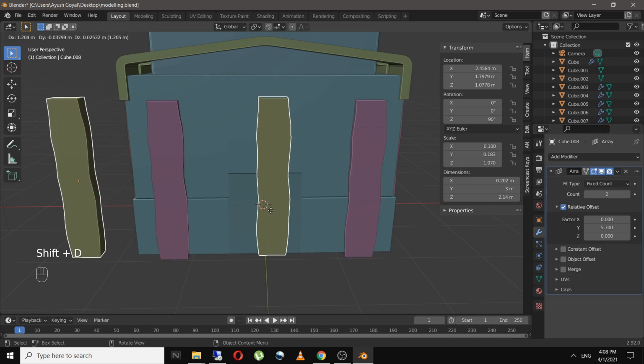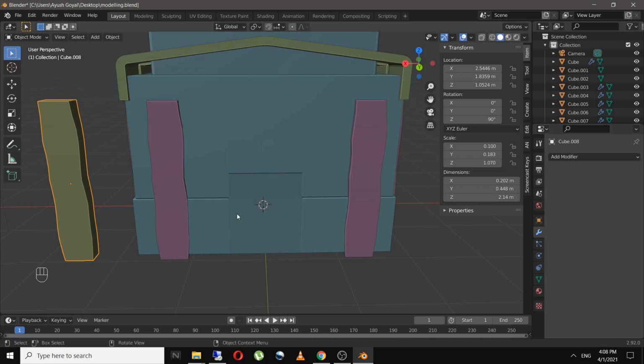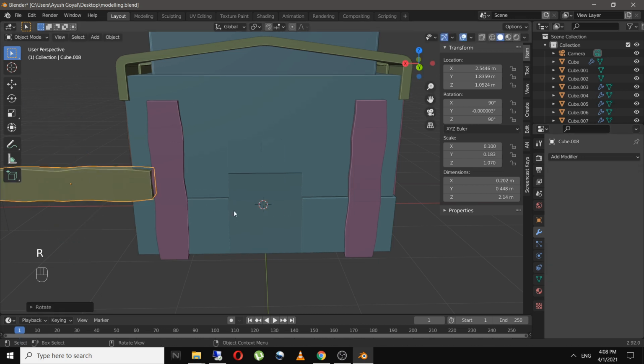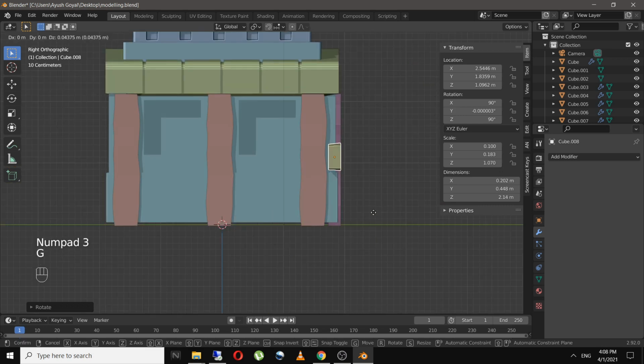I'll copy this again and delete the array modifier and rotate it on y-axis, place it over here.